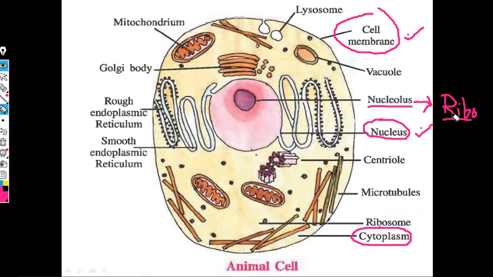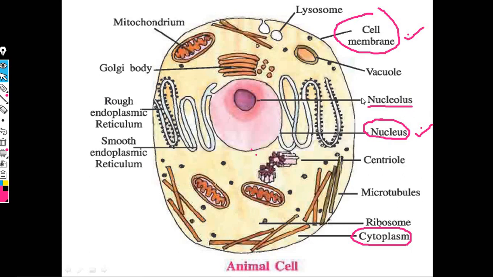So two details we have covered. If someone asks what is the site of protein synthesis, or which of the following is called the protein factory, then your answer will be ribosome. If someone asks you which of the following is the ribosome factory, or the site of the synthesis of ribosomes, then your answer will be nucleolus.